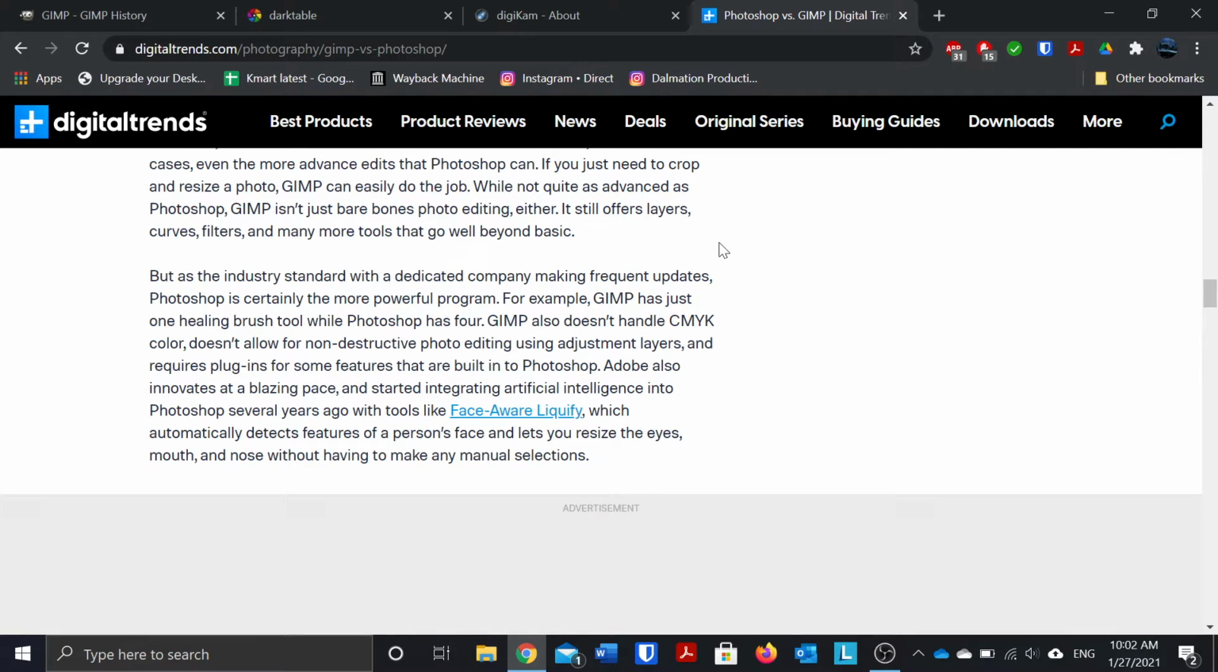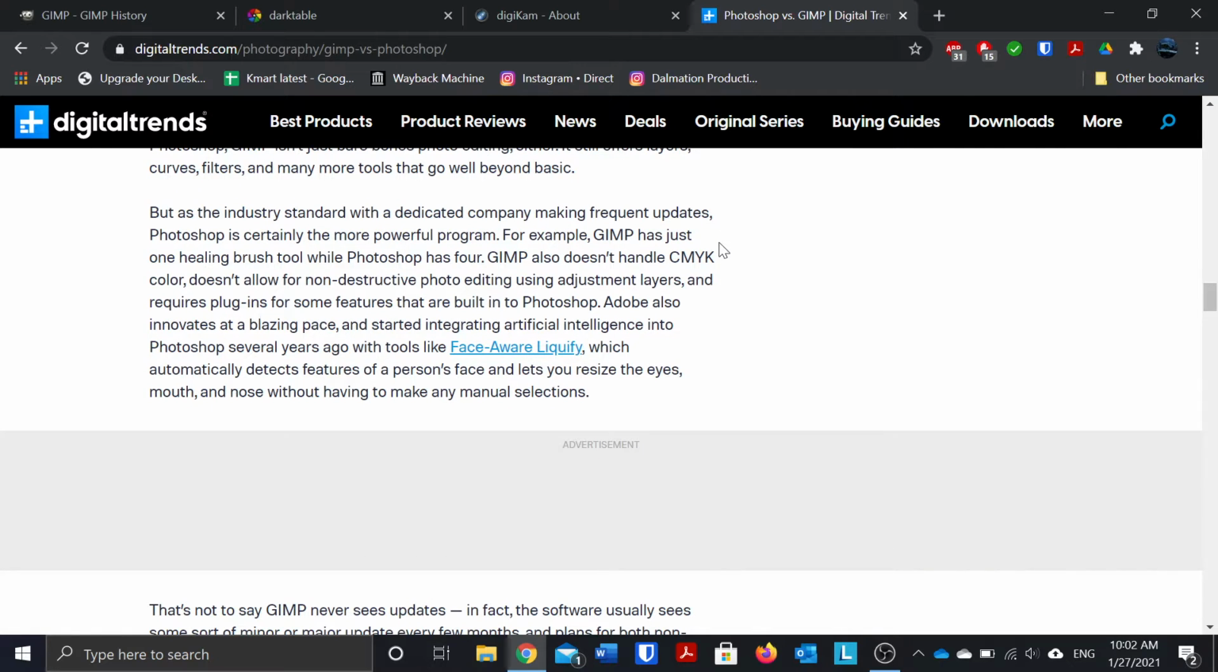For example, GIMP has just one healing brush, while Photoshop has 4. GIMP also doesn't handle CMYK color, doesn't allow for non-destructive photo editing using adjustment layers, and requires plugins for some features that are built into Photoshop. Adobe also